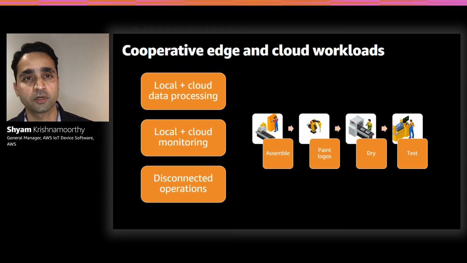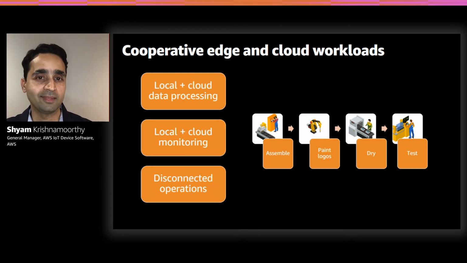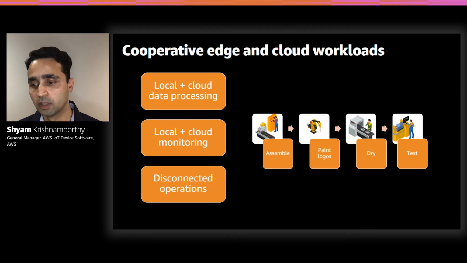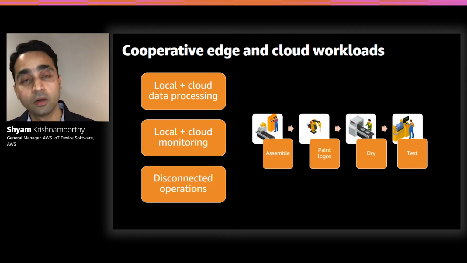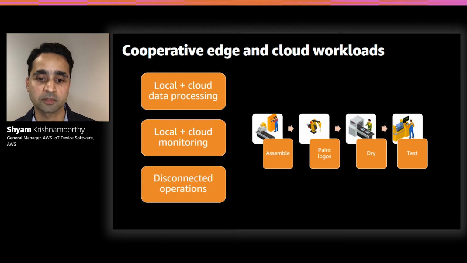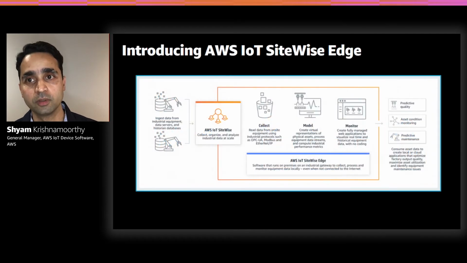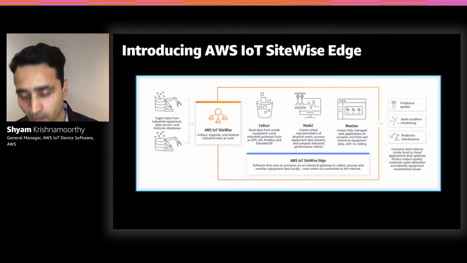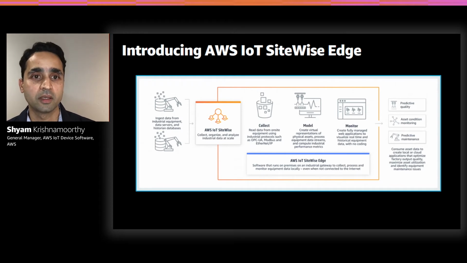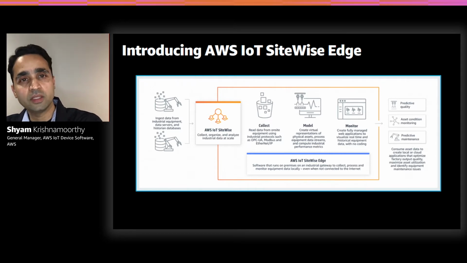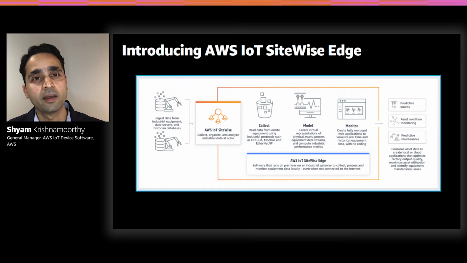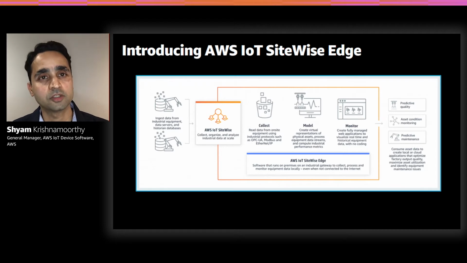And there's other useful scenarios where you apply that industrial computing in the cloud. So we heard that from customers, whether it was our customer working with Volkswagen or other customers using AWS SiteWise. And that's why we've been hard at work, and we're very excited to introduce to you AWS IoT SiteWise Edge. What AWS IoT SiteWise Edge does is really takes that service that we already have that gives you all of those pieces of converting the data into information and then into insights so you can make those business decisions, and enables you to do all of those pieces in the cloud or at the edge depending on your use